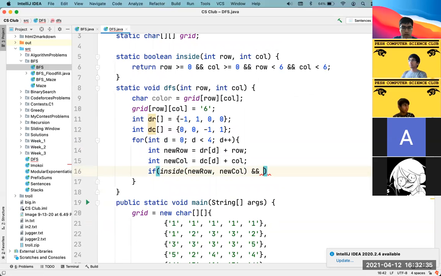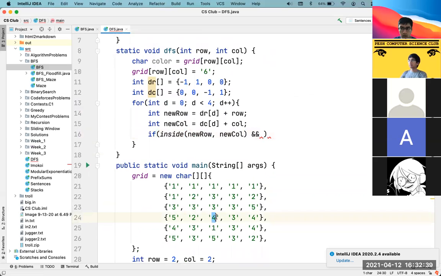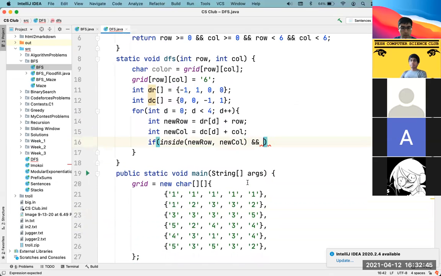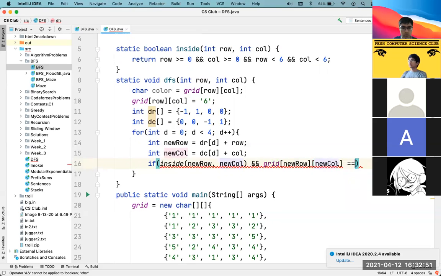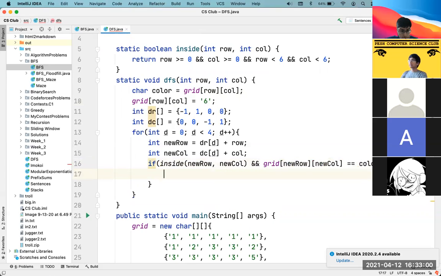And we also want to check if the color is the same. We don't want to change the color of everything. We have a 4 over here. We don't want to change the color of the 4. We only want to change the colors of neighboring 3s. So we're also going to check whether grid of new row and new call is equal to the original color. And that's why we stored it over here. This is the original color. This color variable is equal to color. And if these conditions are true,